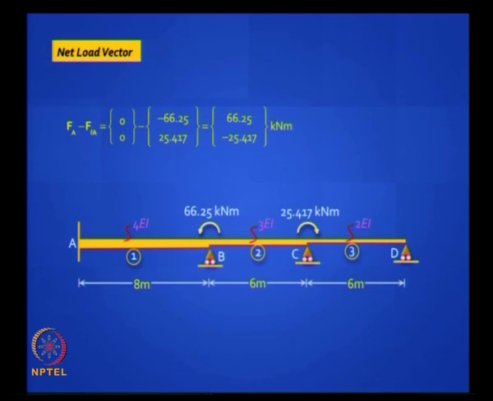So you can find the net load vector, which is the nodal force vector. In this case it is a null vector, there are no nodal forces in this problem, and FFA, which we got in the last step. You have to put a minus sign because you have to satisfy equilibrium, and you will find that you have reduced that complicated problem to a simple problem where you apply only 2 nodal moments in the direction shown, and this is equivalent to the original problem in the sense you get exactly the same theta B and theta C, and that is the beauty of the displacement method. Such a complicated problem you have reduced to a simple problem where you have only nodal forces.